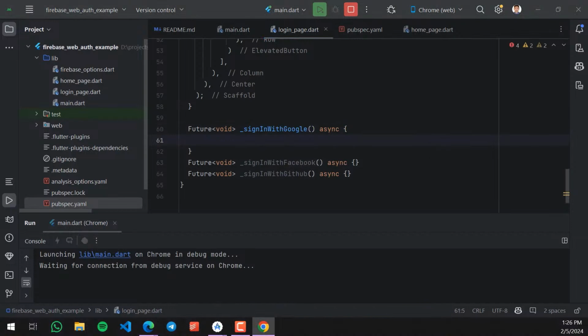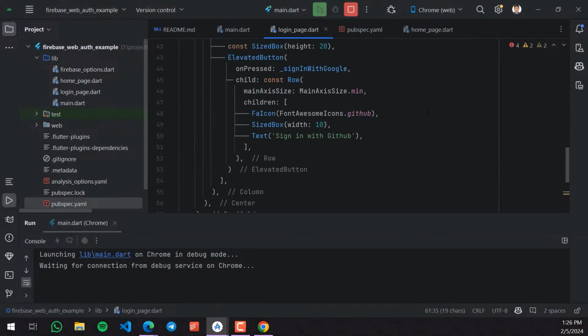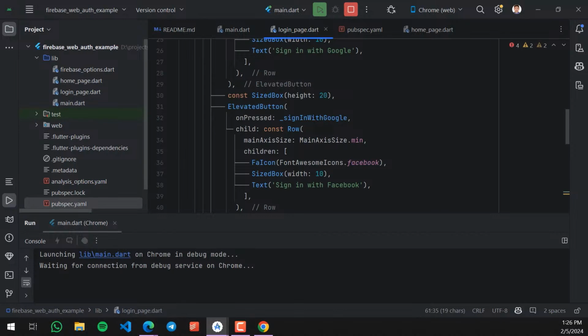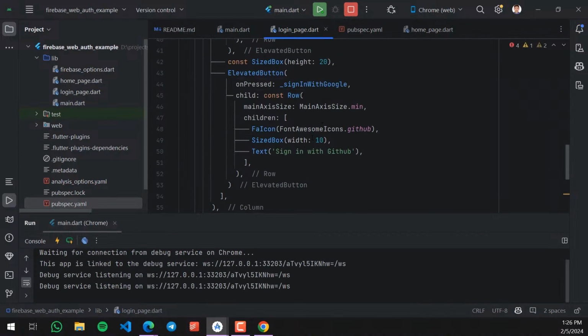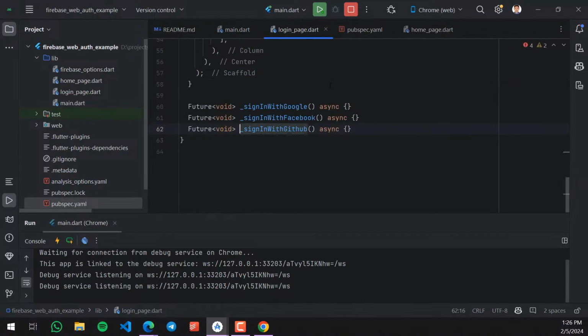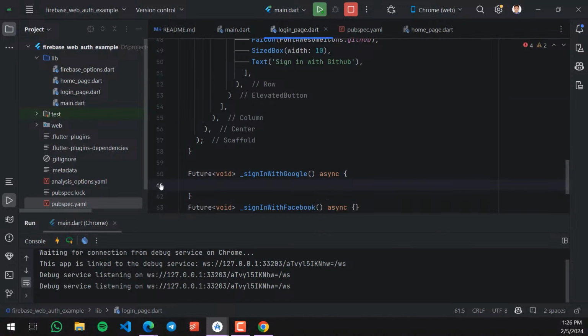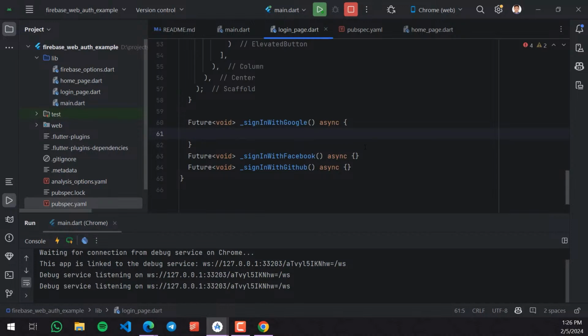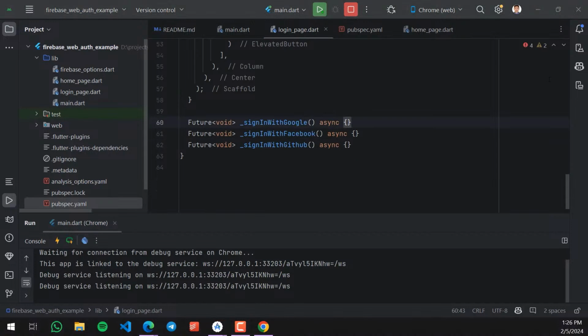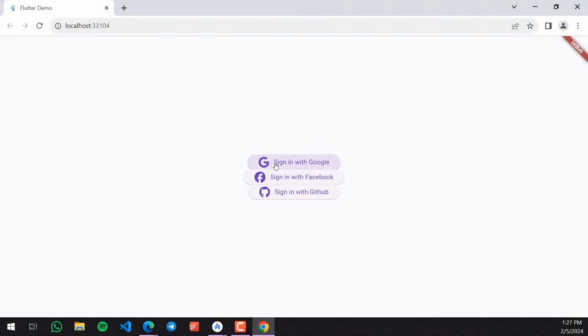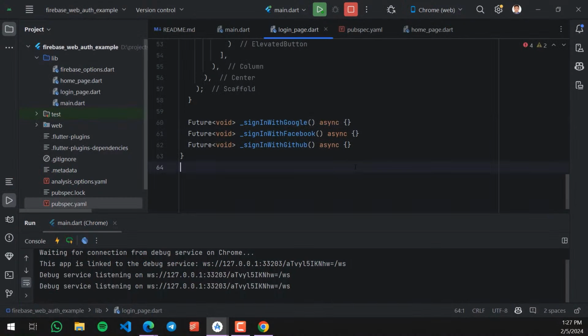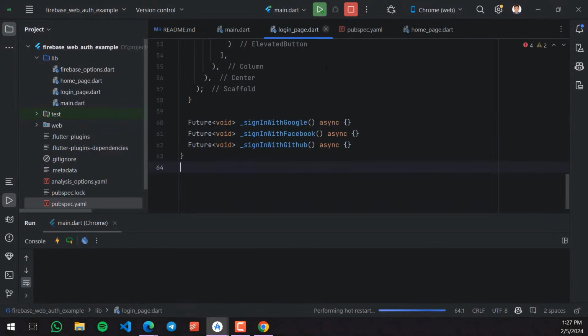And we assign the functions to their buttons. And let's, so for sign in with Google,